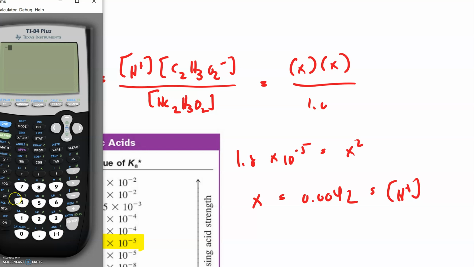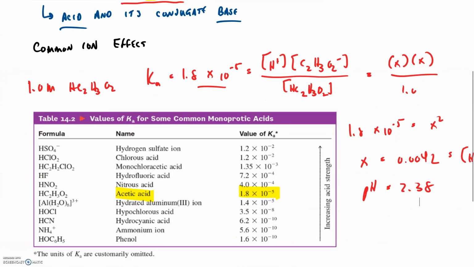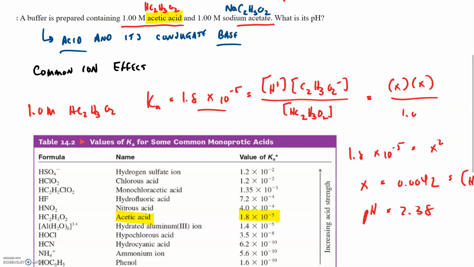And so we would say negative log of our H+, 0.042, and you get a pH of 2.38, we'll call it. Well, what happens if you build a buffer? It's supposed to resist changes in pH. And that means it's got some conjugate base going on in there. What happens? What happens is that this thing called the common ion effect reduces the influence of any ion that's